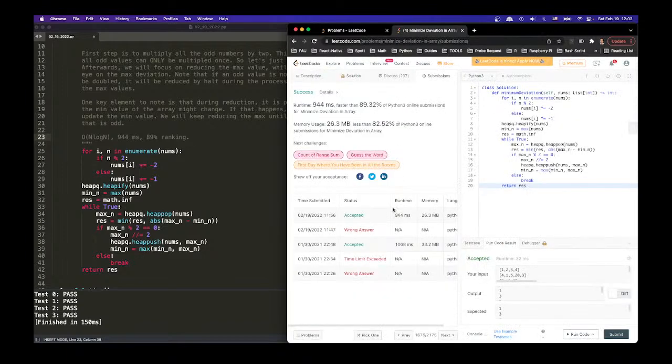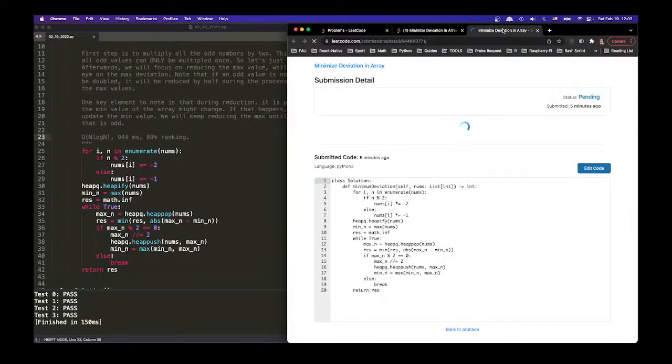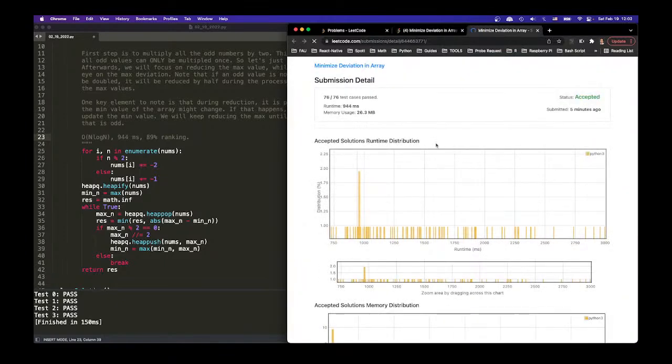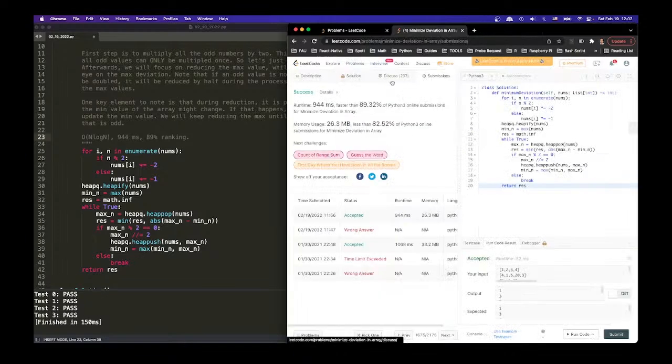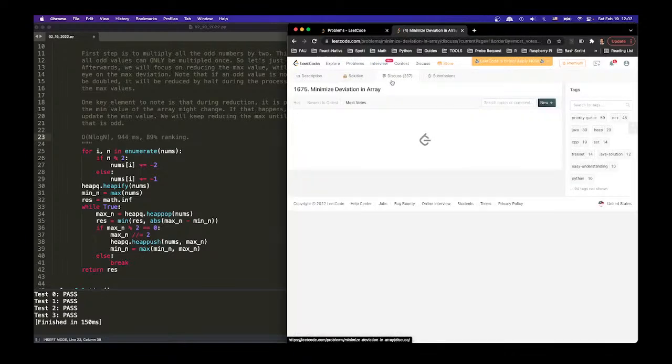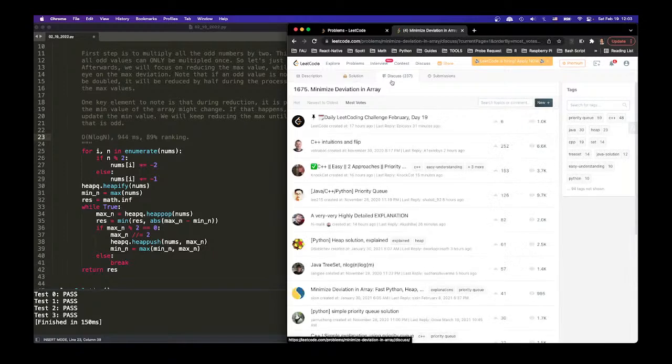76 test cases. How much is this time? I think it's the same. The difference is I didn't put i into it. That's why it's slightly faster. 76, exactly. I can look at the discussion. Intuitions and flip. 2020. Yeah, I think this is a